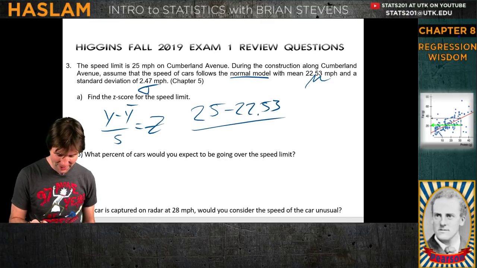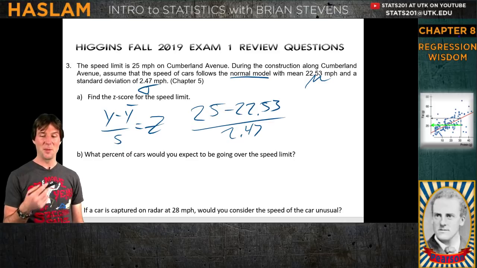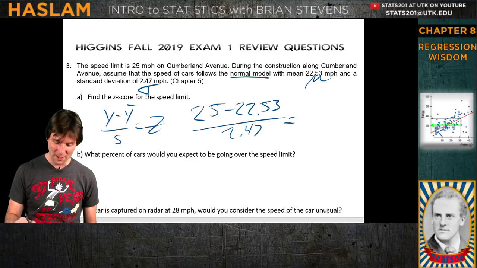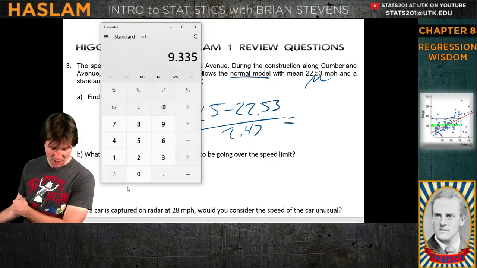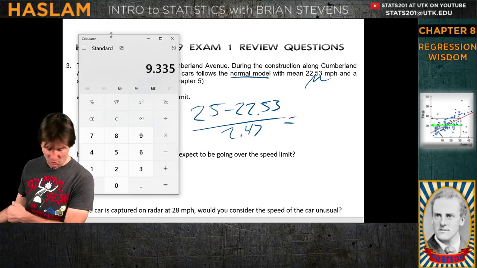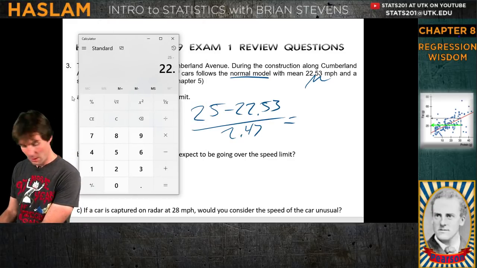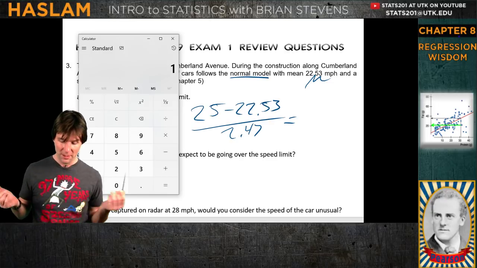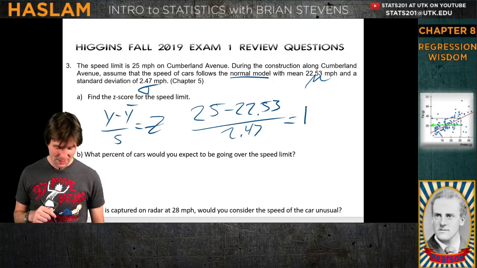And I think about this because I know what Terry's pointing out. He's saying the speed limit is above the average. The speed limit would be a little bit high to go, because if you remember construction of this, the speed limit would be a little bit faster than you would expect to go. So we're just going to subtract observation minus mean over standard deviation. And it's 1. It's perfect. It's exactly 1 above. Nice and neat answers right there.